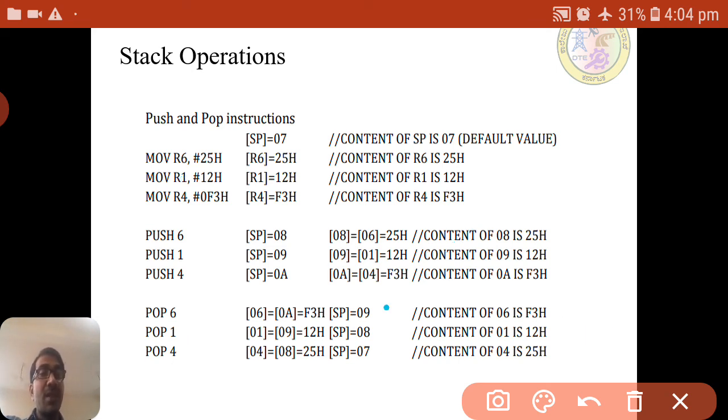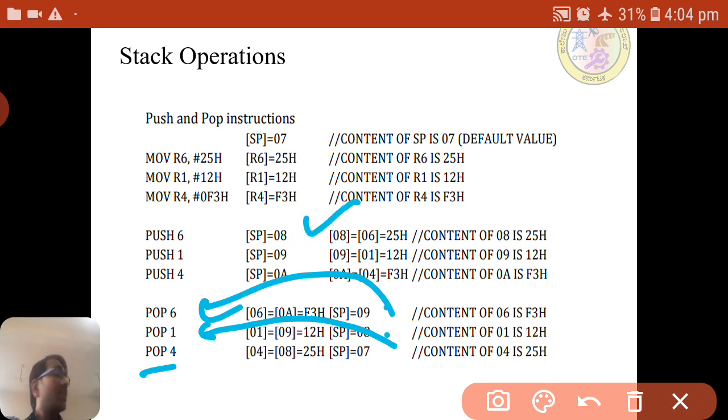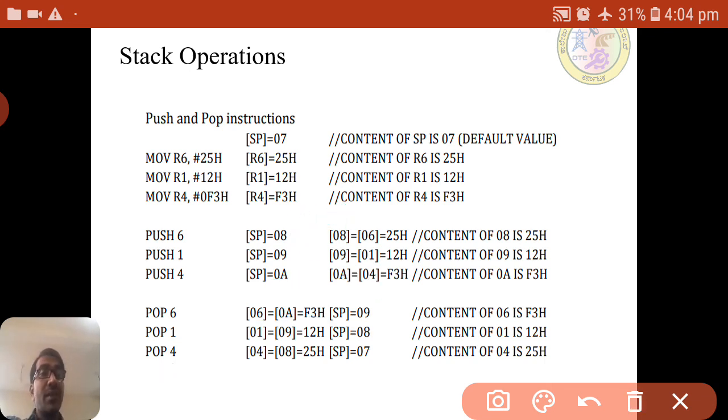Here SP is 9. Sorry, the content for pop 6 means the content of A. First it will copy, then it will decrement.